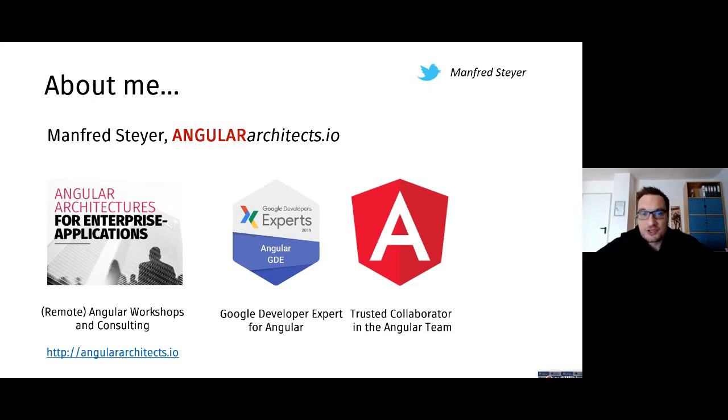I'm part of the GDE program for Angular, and I'm a collaborator in the Angular team. Perhaps a funny story about the term collaborator. You know, I live in Austria, and in Austria we speak German. And in German, there is also the word collaborator. And it means almost the same, but always in a negative way.